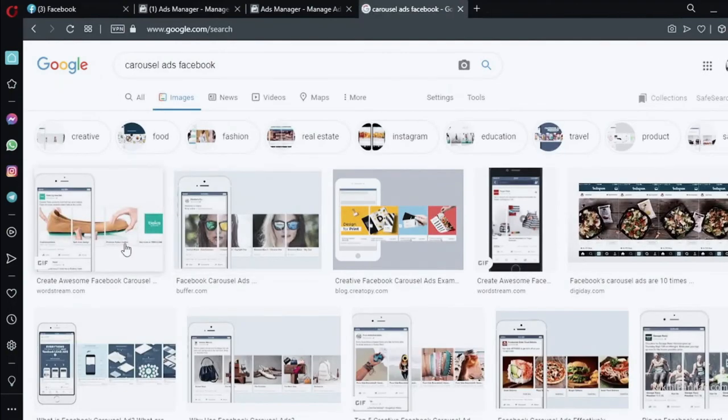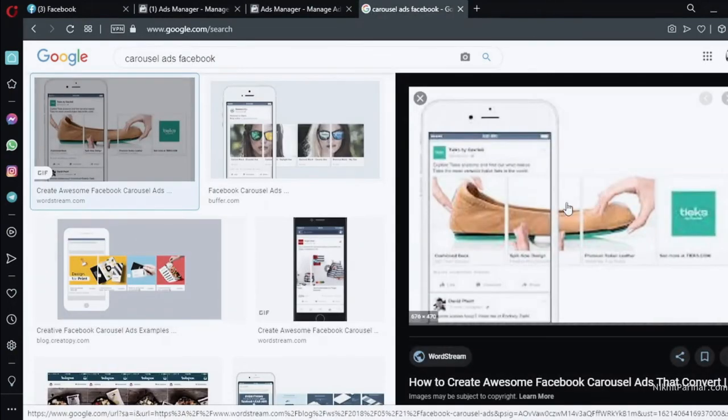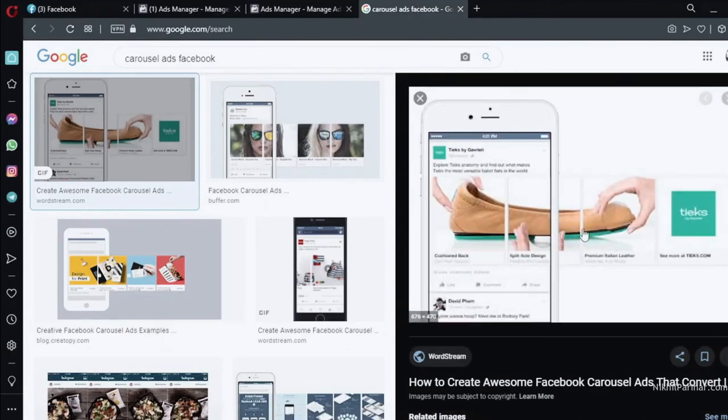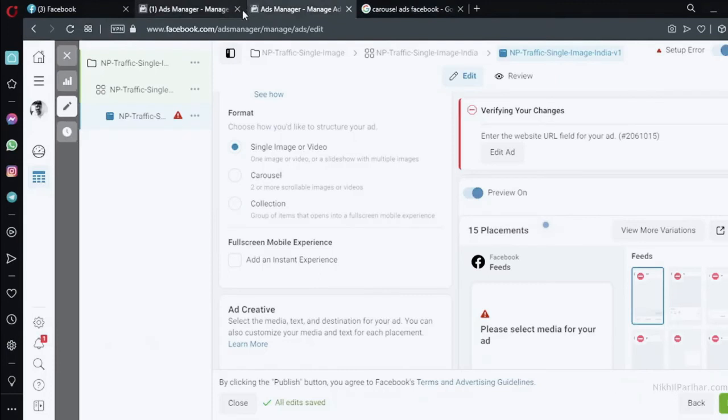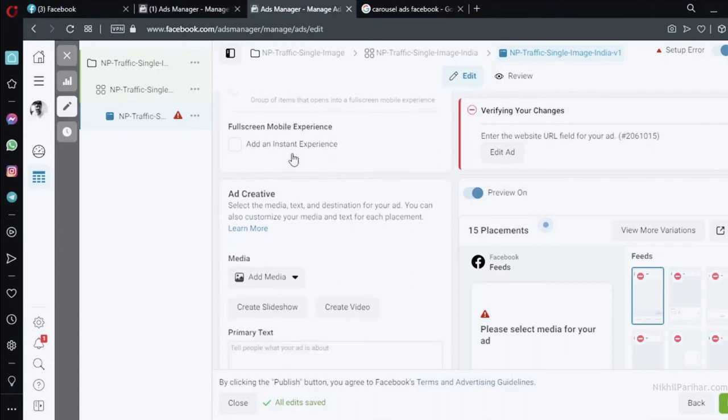If you might have seen, the ads which you can scroll, these are called carousel ads. You can create these ads also. You need multiple square images for that. You can go with that option. Collection also is another option. You can go with Facebook collection ads also. For now, I'll just make it simple, go with single image here.